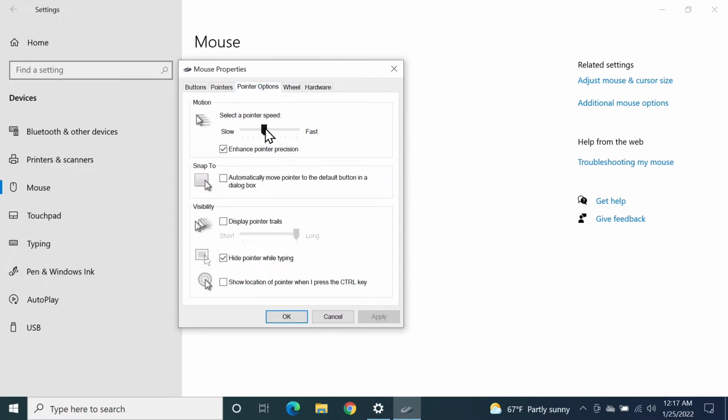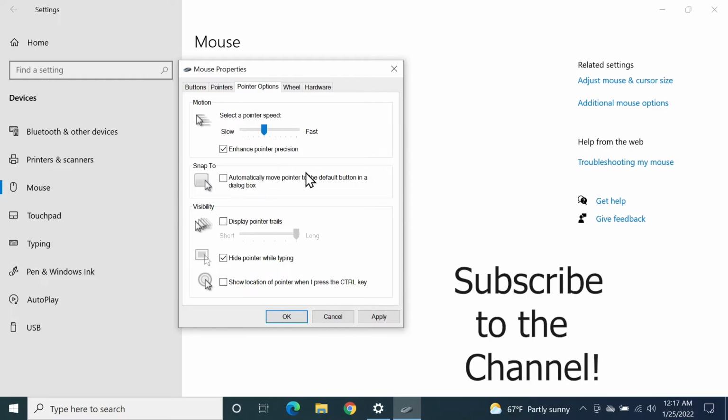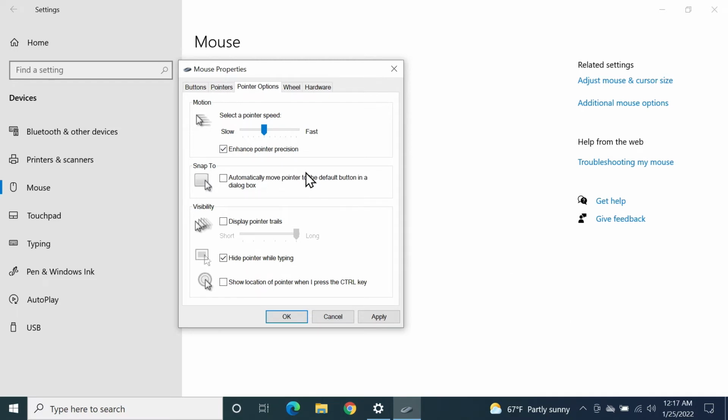Now in here, using this slider, you can either increase the sensitivity or the DPI of your mouse, as you can see here, or if you move it to the left, it will decrease the sensitivity of your mouse. Now unfortunately, you will not be able to see the exact DPI number here. For that, you will need to download the software for your particular mouse. Like if you are using a Razer mouse, you will need to download the Razer Synapse software to see the